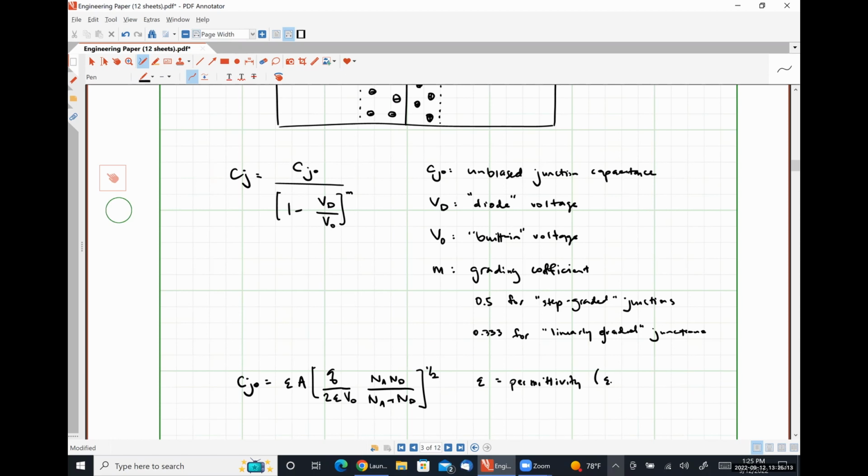And so this represents ER, the relative permittivity of the material, times epsilon naught, which is the permittivity of free space. And then Q is our elementary charge,